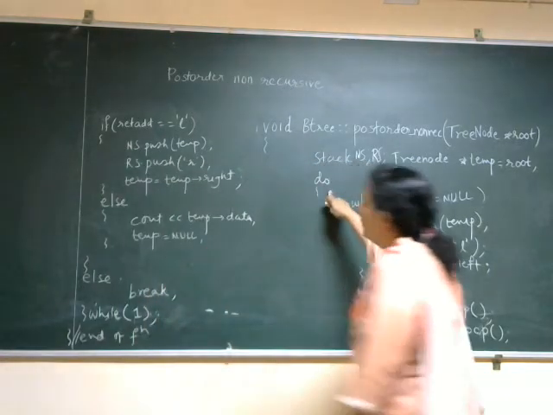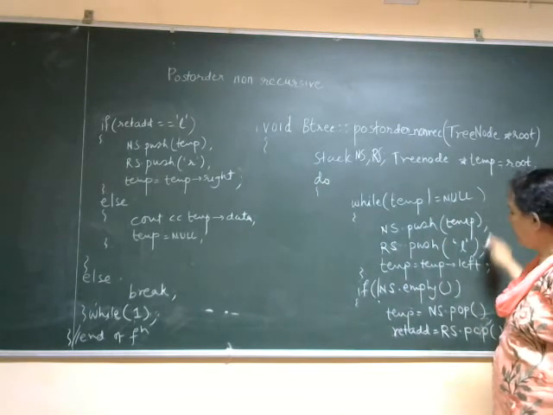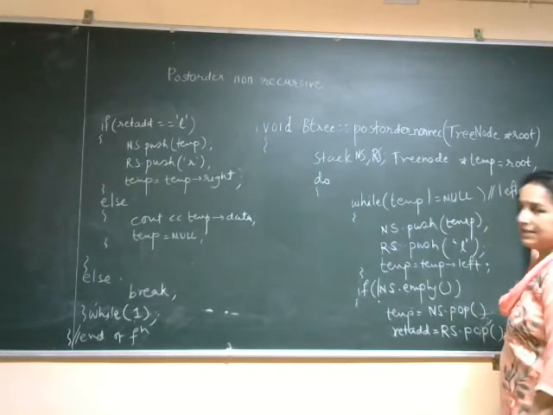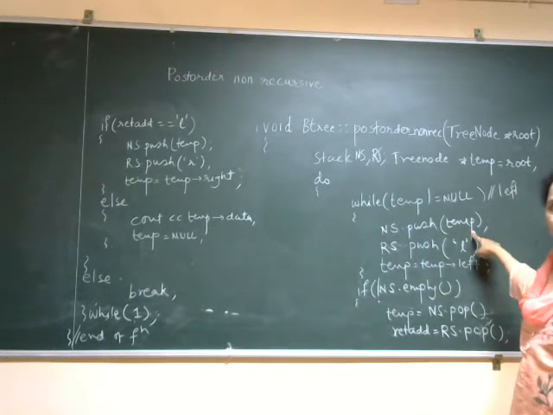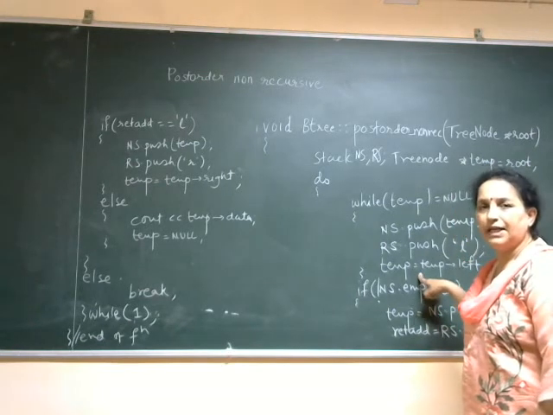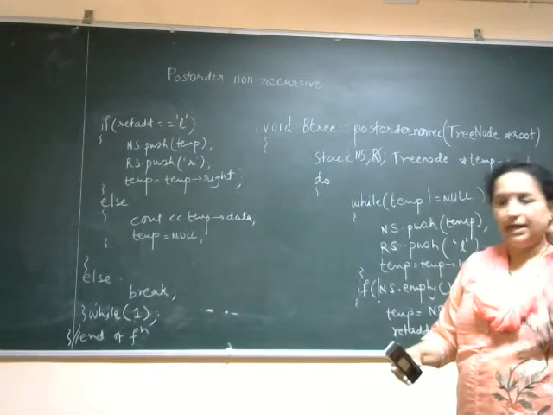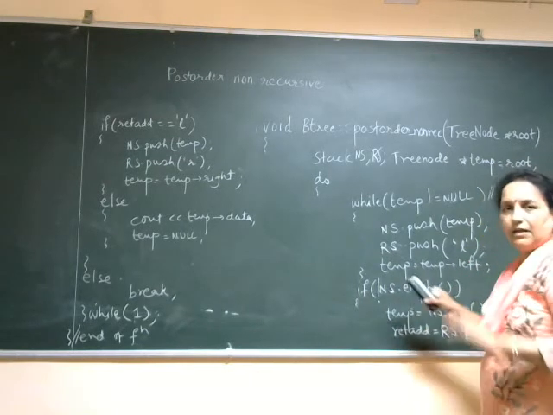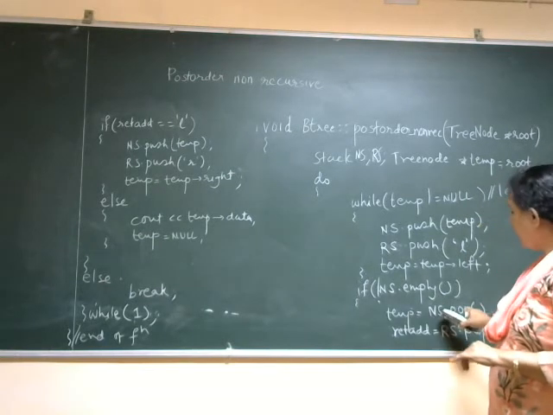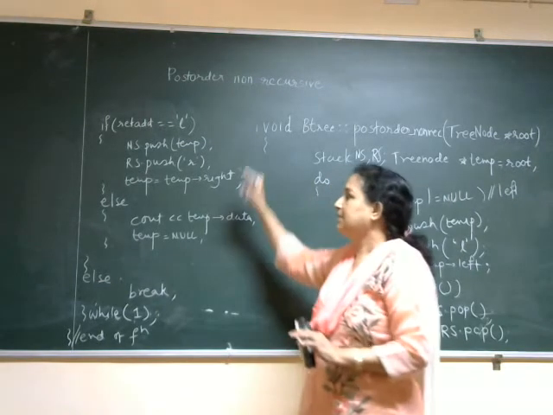Now what is inside that infinite loop? That is a while temp not equals to null. I am traversing left. Now this is left traversal. While traversing left, I am pushing that node with return address L. I am changing temp to temp pointer left. Now if temp becomes null when traversing left, then at that time I'll come back and check if the stack is not empty, then I'll pop one value, and I'll pop the return address also. Now the return address may be L, or the return address may be R.